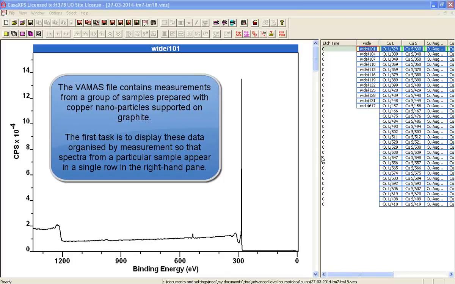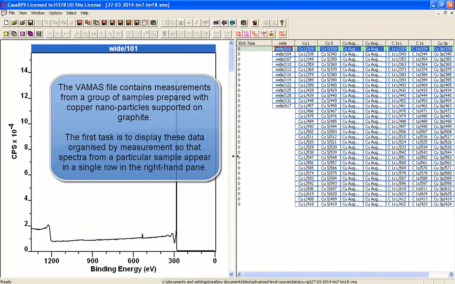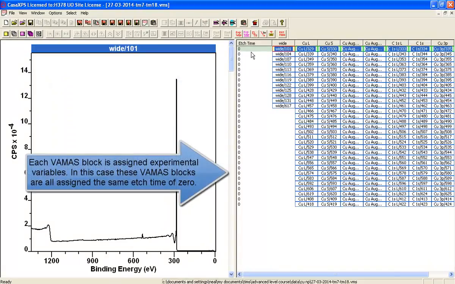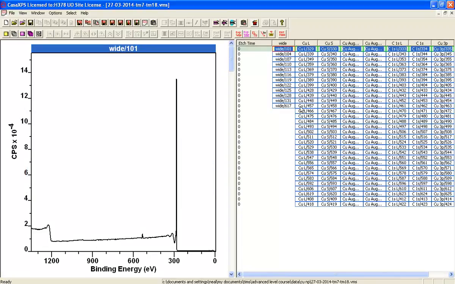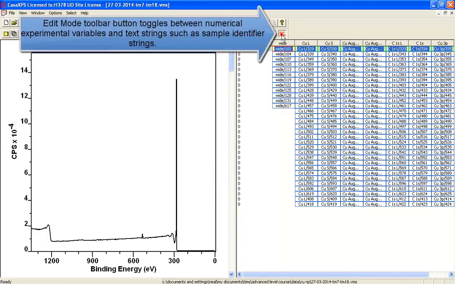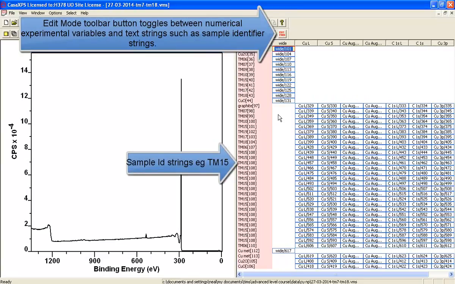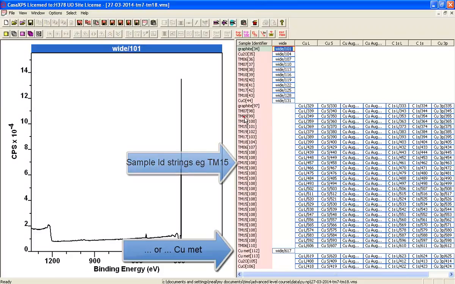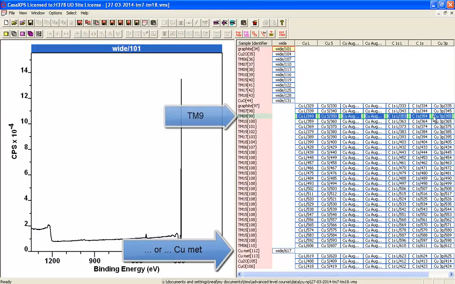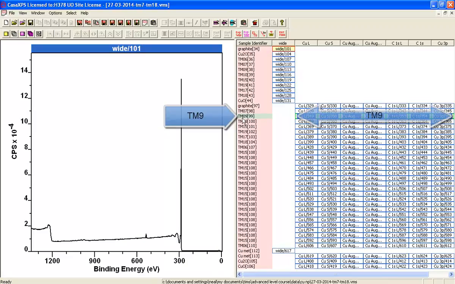The dataset consists of a set of measurements from a range of samples. As initially shown, where the etch time is all 0 for all of these data, the data aren't properly organized until we select the Edit Mode button, and the data have been assigned a sample identifier so that each row that was measured from the same sample is assigned the same sample identifier, and therefore they align appropriately for